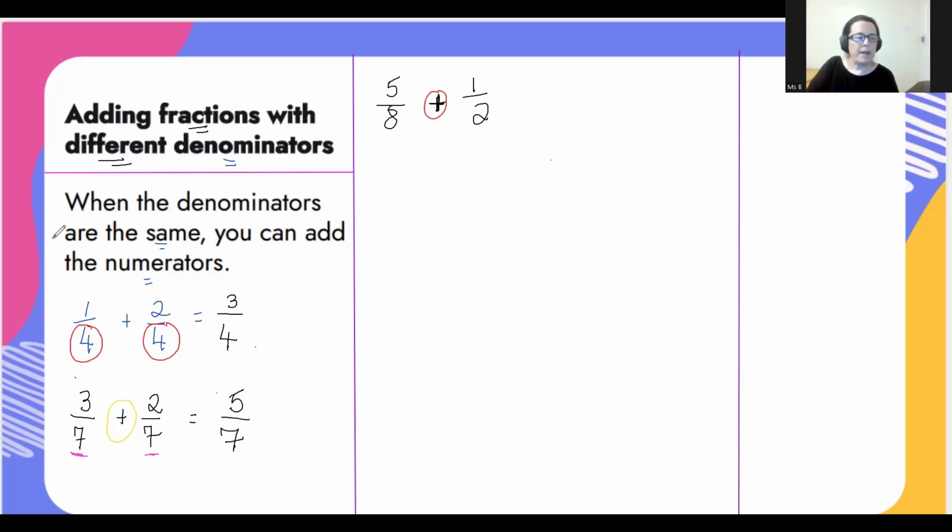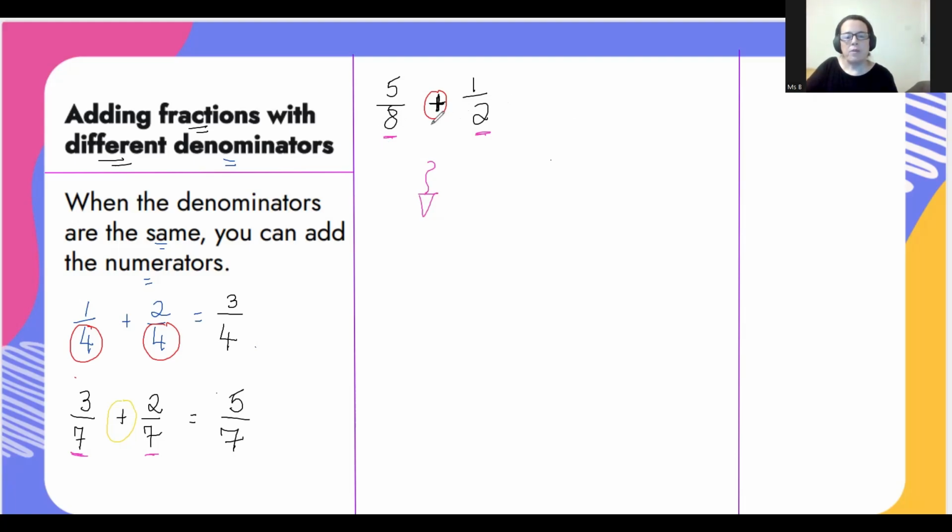Then I look at my denominators. Are my denominators the same? No, they are not. So my job here is to get the denominators the same. And only then am I able to add them. So how do I get my denominators the same here? What I do is I'm going to